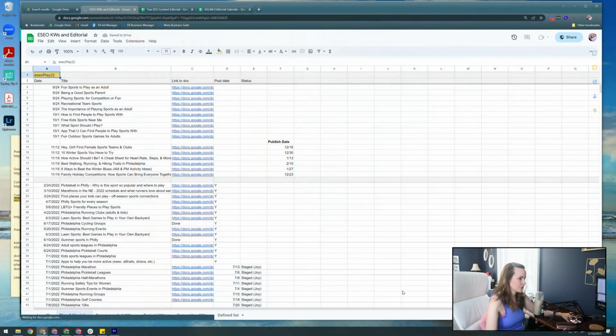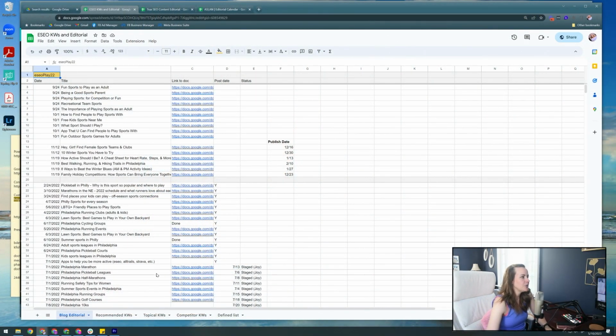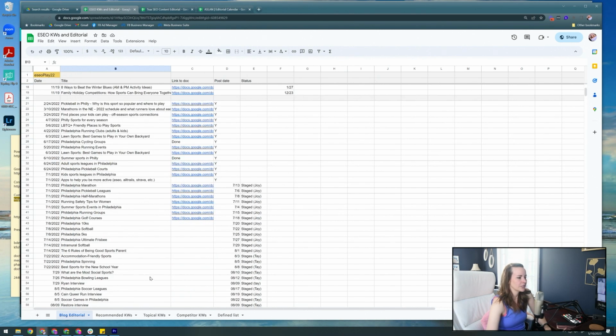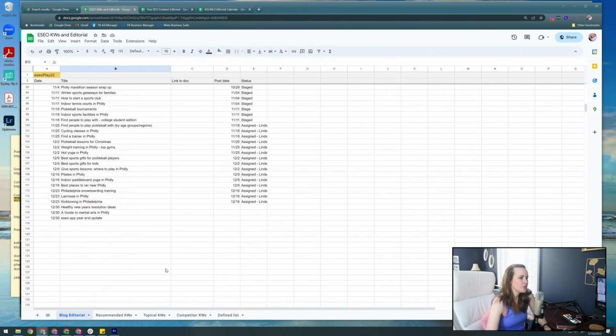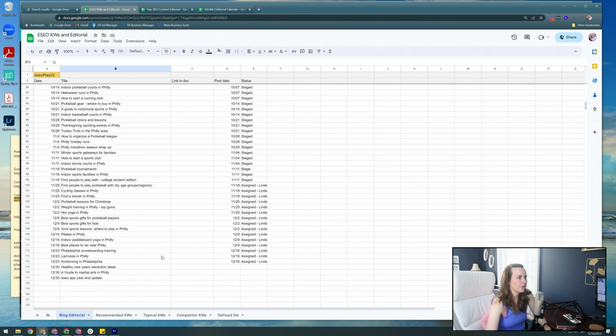So let's go into another really simplified version of an editorial. I wanted to show you this because this is a very high volume client, okay? This is a client where we were creating, as you can see, at first I think it was 5 blogs a month, and then we went to 12 blogs a month. And when you're creating at that volume, as you can imagine, you have to be really careful that